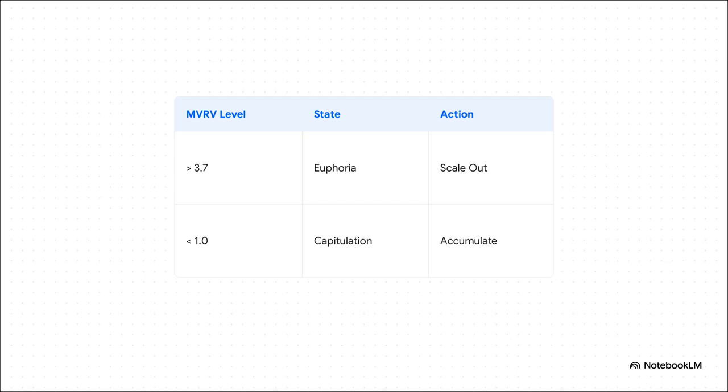So, let's summarize this macro compass because it's absolutely crucial. Notice how precisely human emotion maps directly to mathematical thresholds, and more importantly, how it dictates sovereign action. An MVRV above 3.7 means extreme euphoria. The action? The architect scales out to stablecoins. Exactly. And an MVRV below 1.0 means full-blown retail capitulation. The action? The architect accumulates at the generational bottom. No guessing, no hoping, just your definitive roadmap.